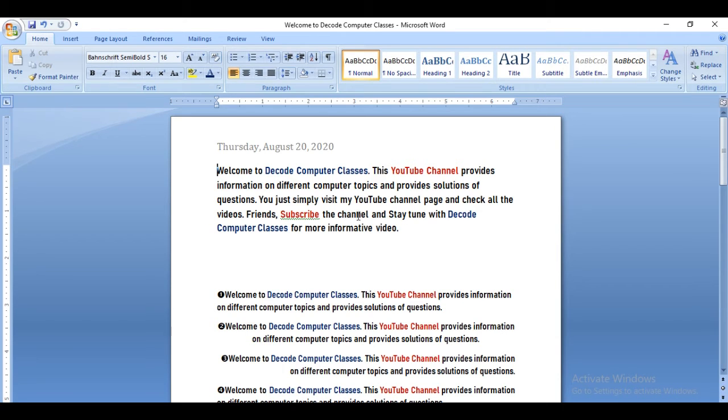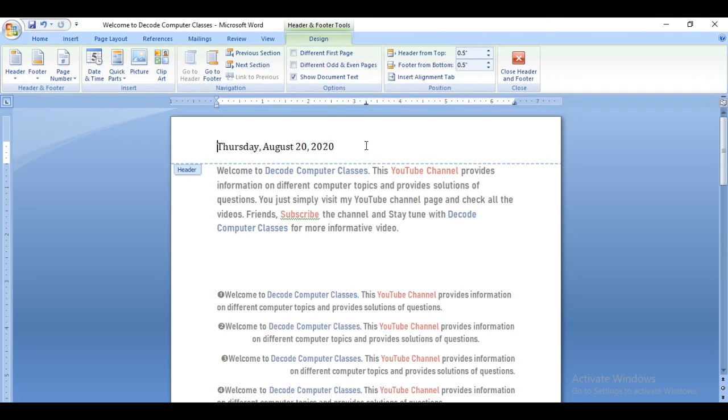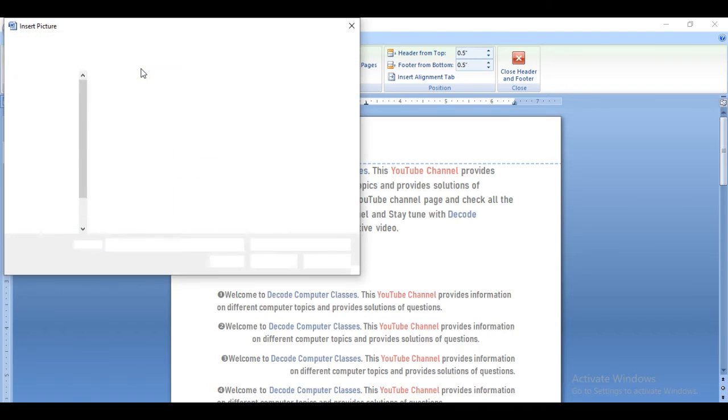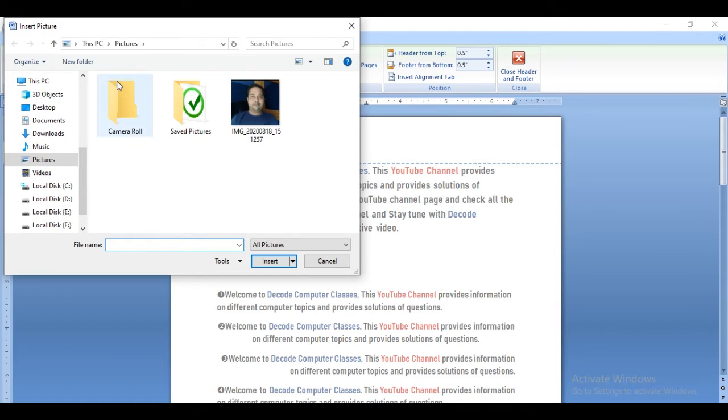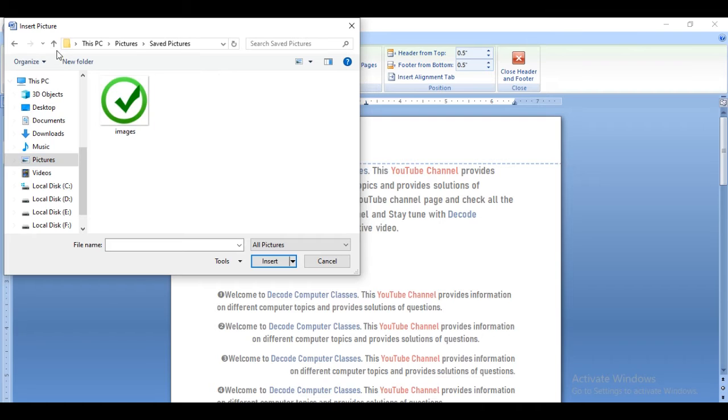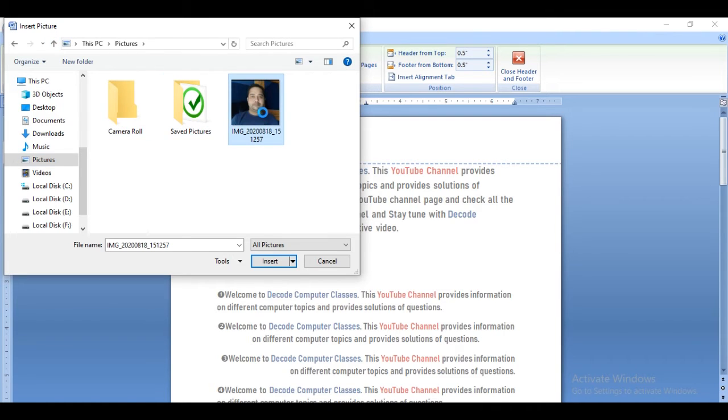And again yes, you can insert a picture as well as a header here. Again you have to select the header, okay, and go again to the insert tab, right, and there is a picture icon there. Just click on this. Here you can see a picture, my picture is also there, right? So yes, of course, go to this picture option and select it.